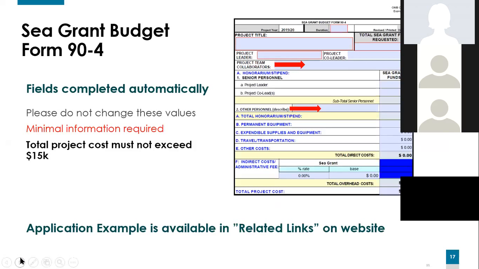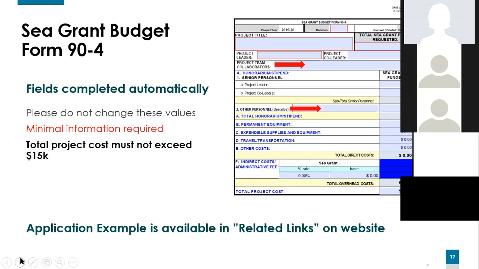So now, I would like to move to the heart of the matter, which is the Sea Grant Budget Form 90-4. Now, as I mentioned previously, there are fields that are automatically carried forward. And when you get to this form, you'll notice that it's practically almost complete. And you're thankful for that.